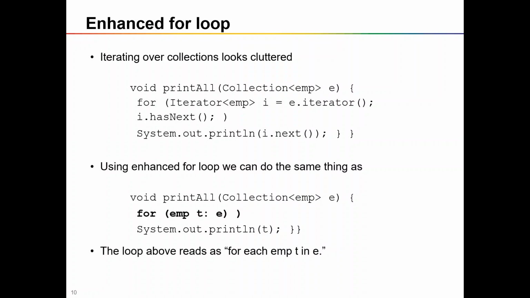So this is the combination of both iterator and list. So here we have a method print. So emp is a class type of the collection. So here we are using iterator of a particular type. So E is a collection. So we are creating iterator for the given collection, and